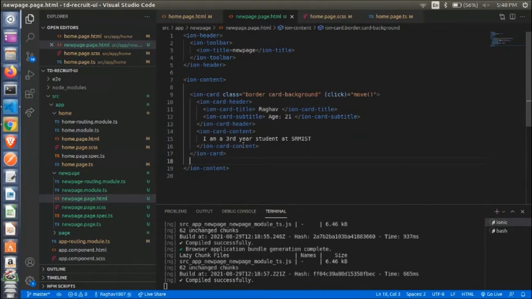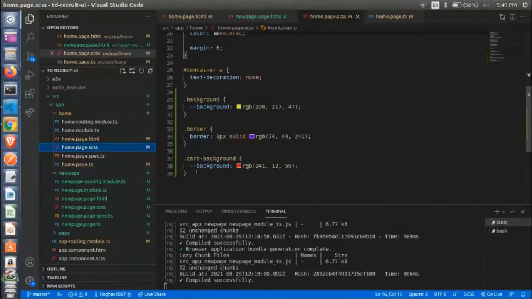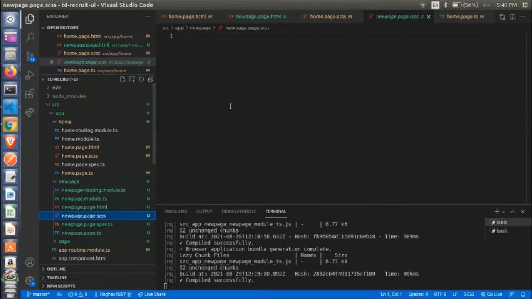Okay, and in the same way, we copy these last three functions in the homepage.scss and paste them in the new page.scss.